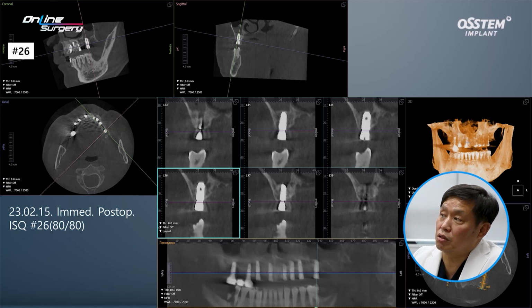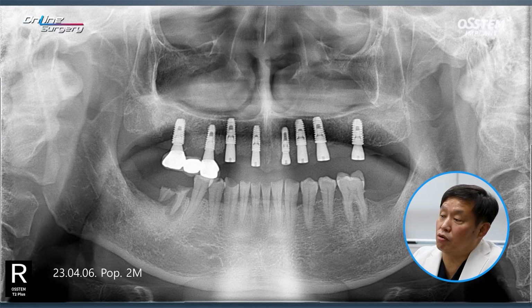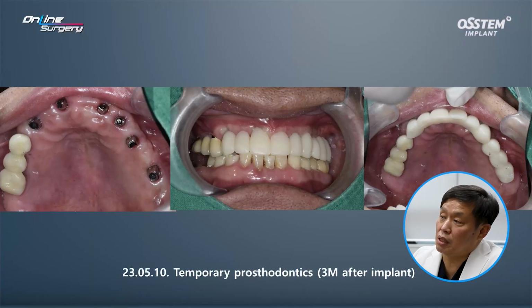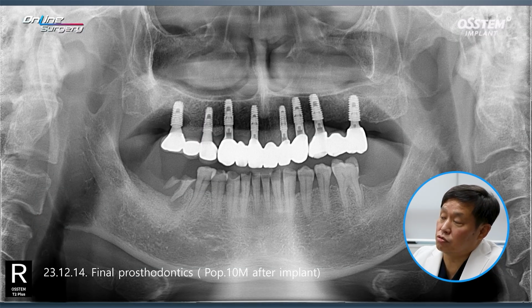This is immediate post-op beam CT. This is 2 months after surgery, and this is 3 months after temporary prosthesis was fabricated. As you can see, this was 2-piece prosthesis from canine to canine, and for number 4 and 6, bridge prosthesis was fabricated. 10 months after surgery, final prosthesis was delivered, and